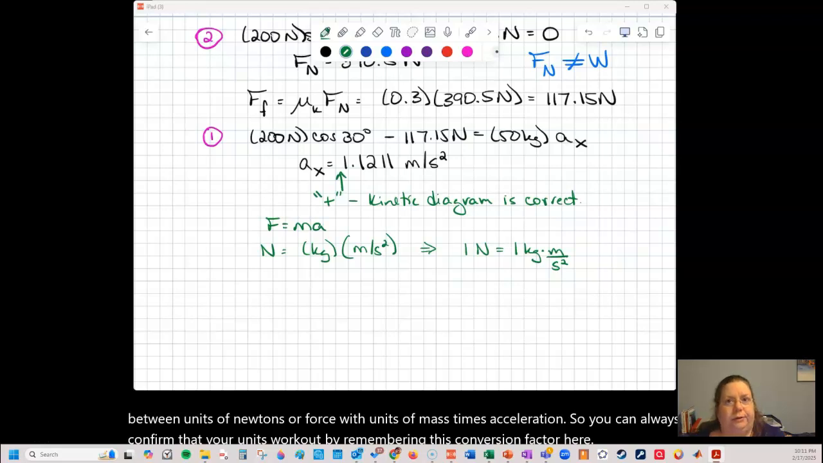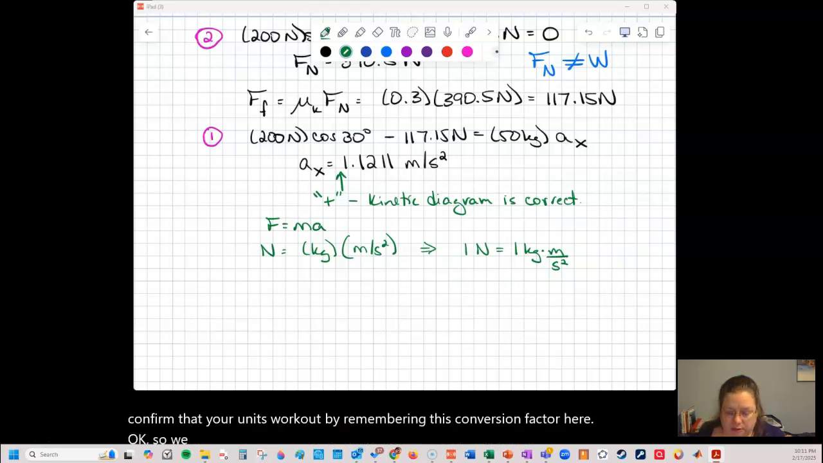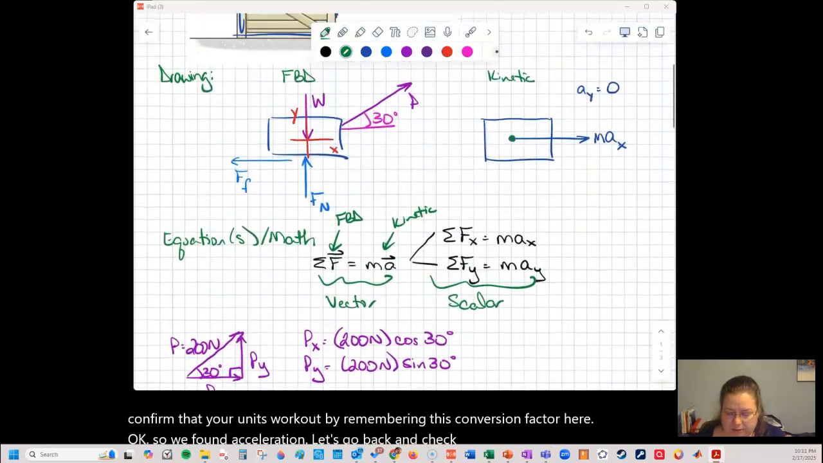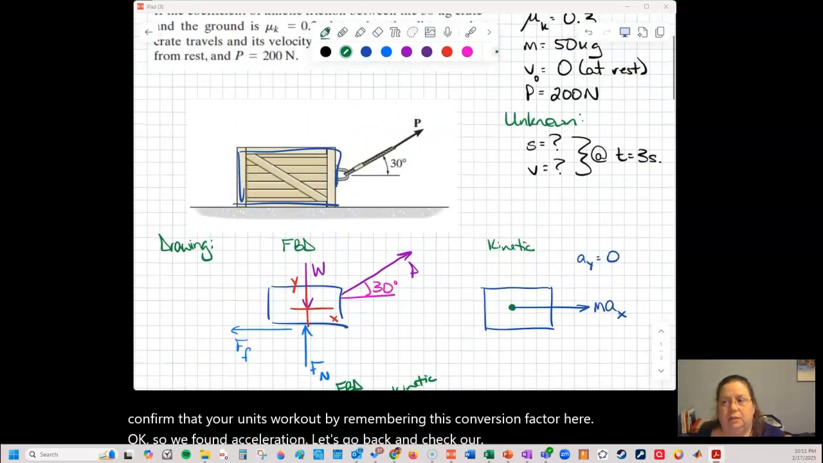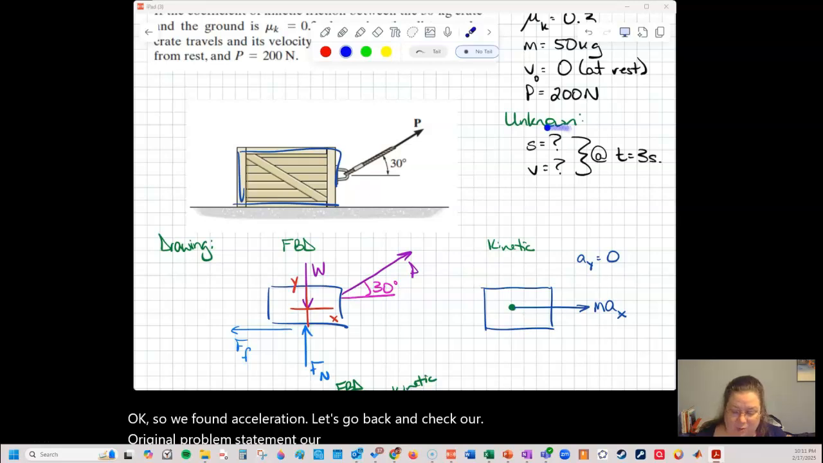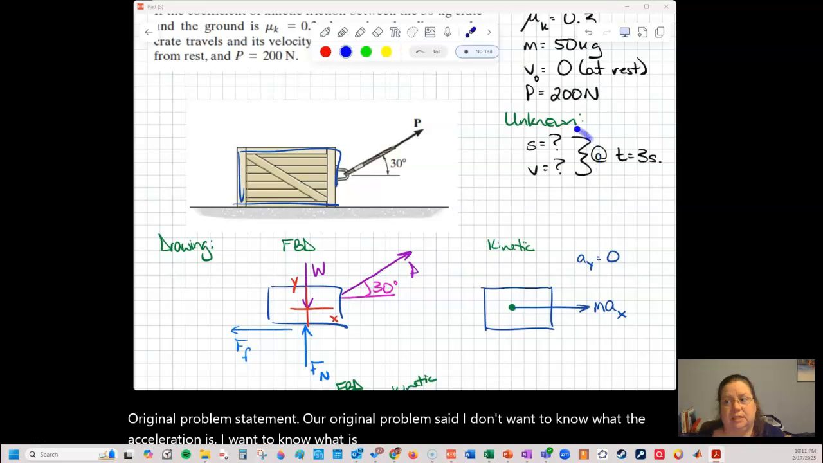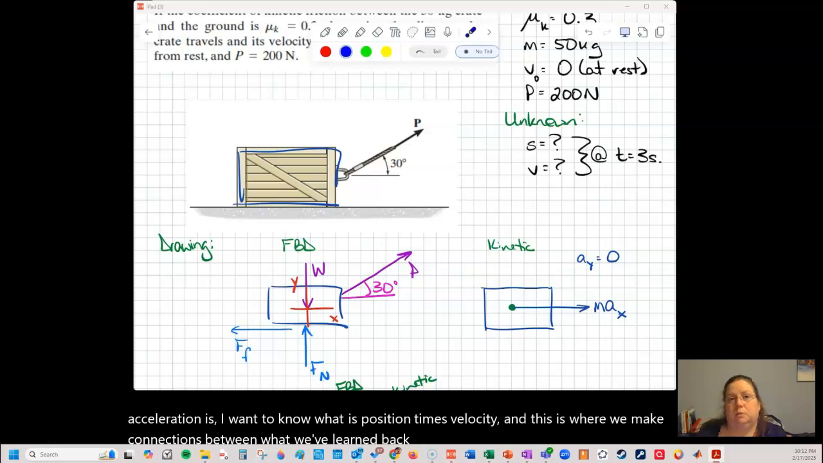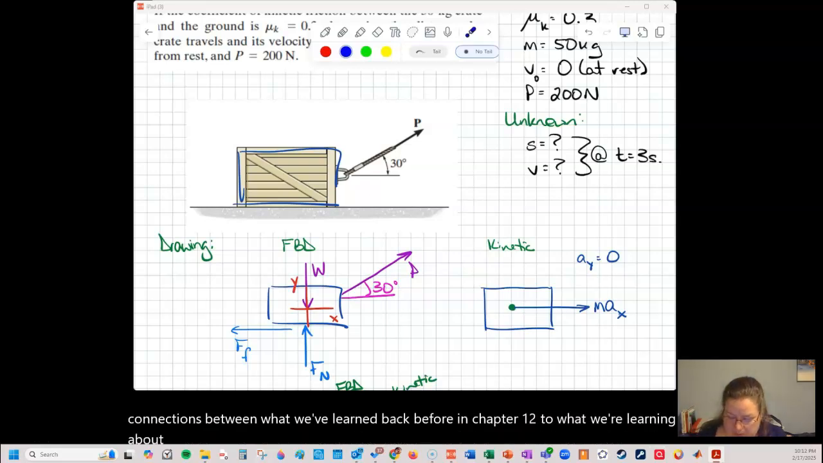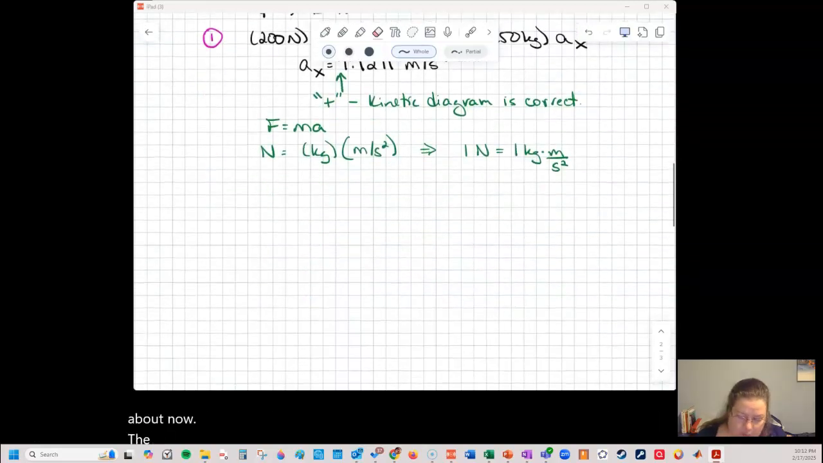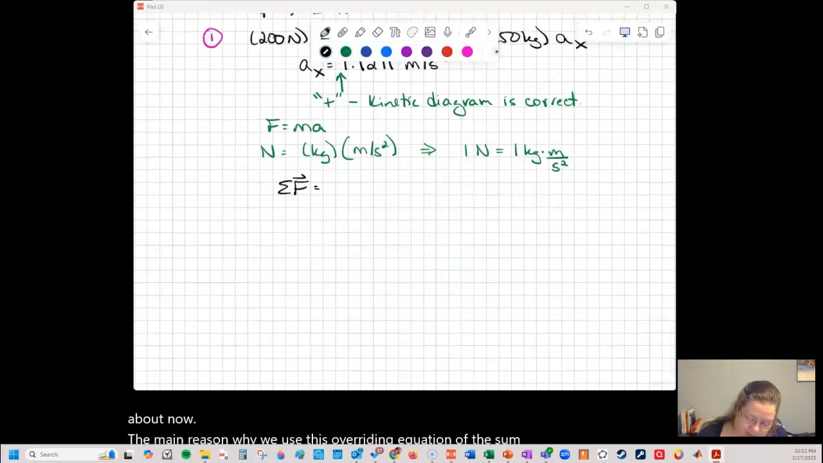Okay, so we found acceleration. Let's go back and check our original problem statement. Our original problem said, I don't want to know what the acceleration is, I want to know what is position and velocity. And this is where we make connections between what we've learned back before in chapter 12 and what we're learning now. The main reason why we use this overriding equation of the sum of forces is equal to mass